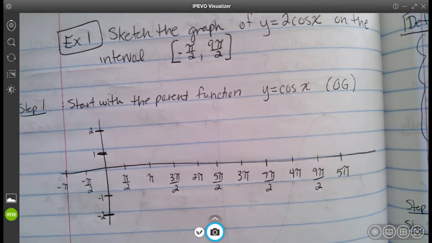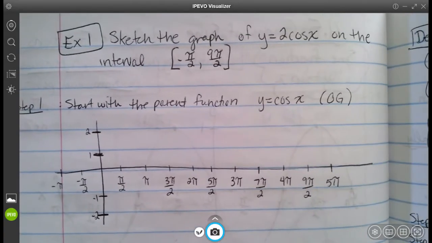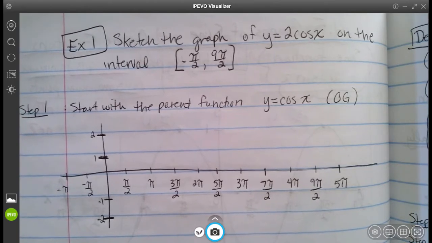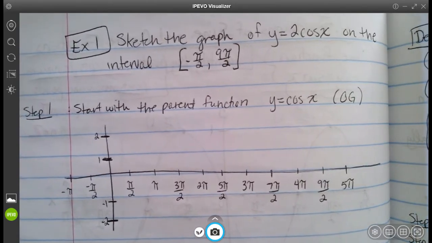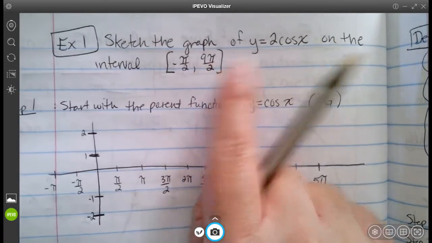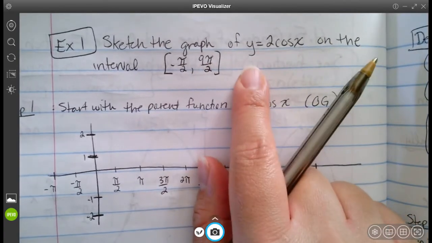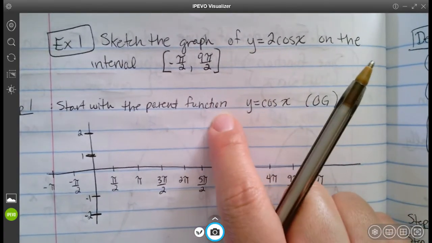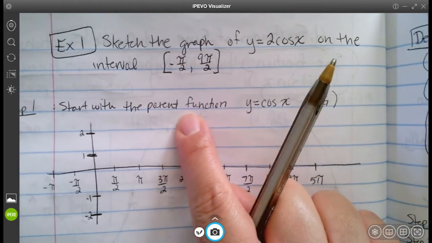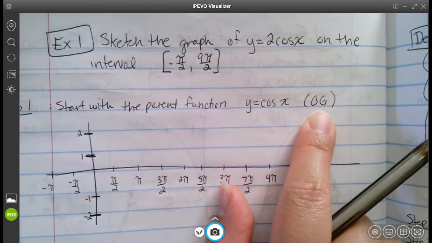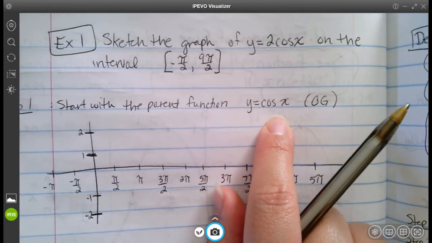If you ever forget what the graphs look like, you can look at your foldable. I'm going to be referring to it frequently just to show you how to use it. For any kind of transformation, whether it's trigonometry or something simple, you always want to start with your original function, the parent function. I like to call it the OG, the original graph of y equals cosine x in this